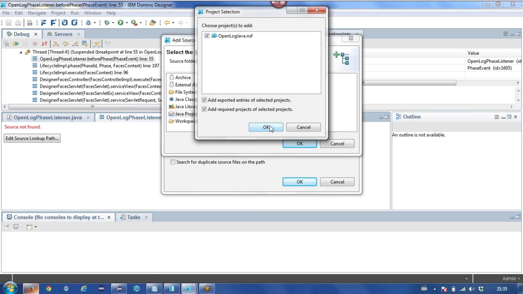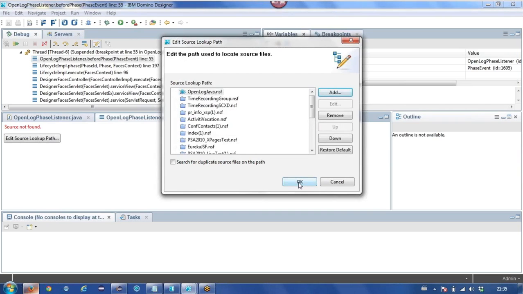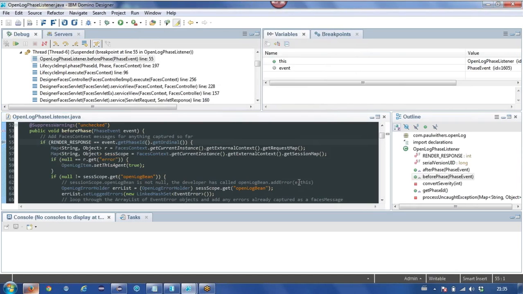You just select it, OK, and OK, and everything continues as normal. That will only happen the first time that you try to debug against that NSF. Every time after that, it'll just go straight here.